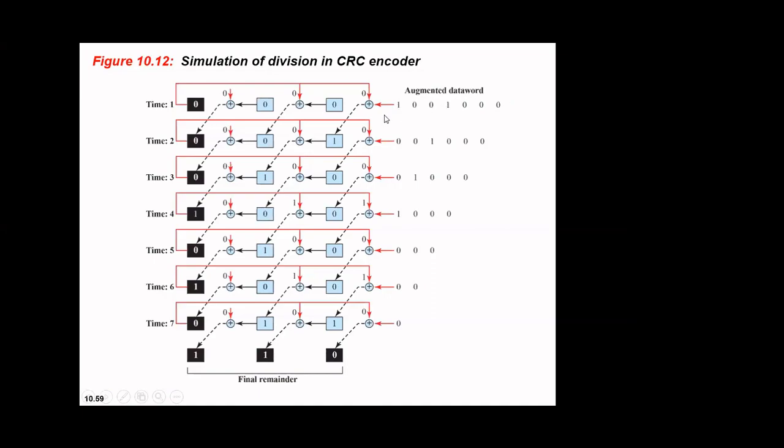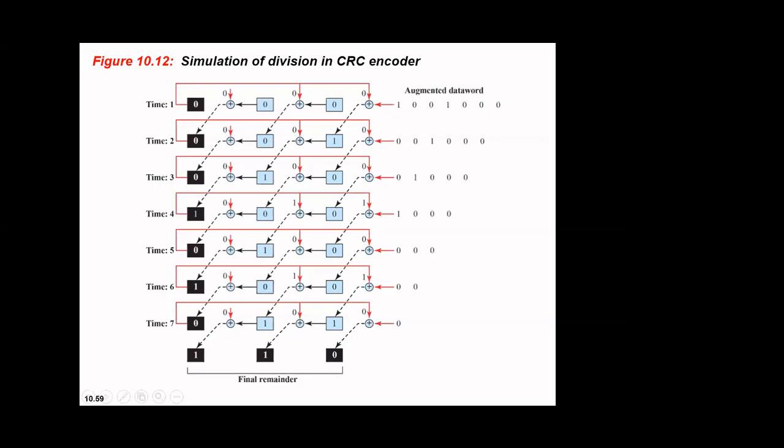And how many such XORs are needed, that we want to define. So in that case, this was the actual data word, and this is the extended, or augmented, data word, where three zeros were added for accommodating the remainder. So the actual data word size is 4. This 4 is nothing but k, and the total size is n. That is, 7 bits is n, and these 4 bits are k.